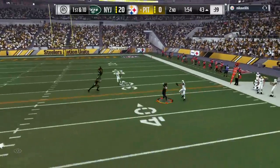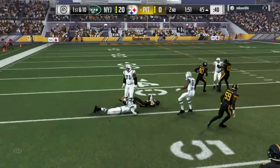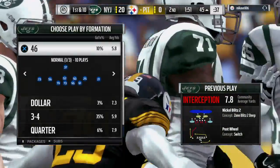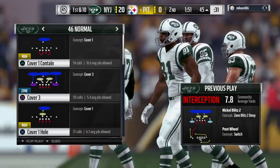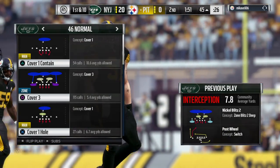On 1st and 10, Prescott. He rifles one that's intercepted. Picked off by David Anderson. And he returns it into enemy territory down to the 45-yard line. And Pittsburgh getting set to take the field. And 3 interceptions in this game. And I would have to think, I wasn't a quarterback, but number 4 is kind of, you're like, oh, man,